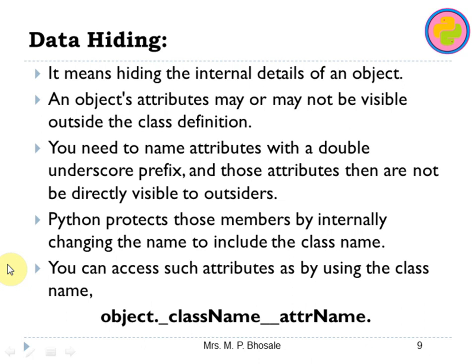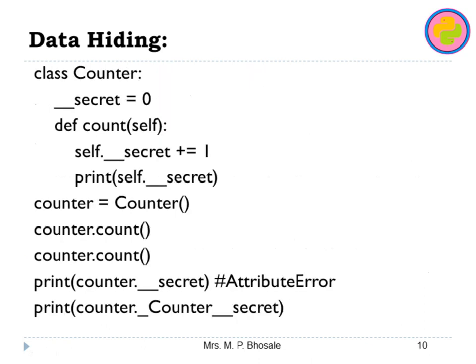So if you want to access it, and you are not a beginner, if you know Python in detail, you can access such an attribute by using the object name dot underscore class name underscore underscore attribute name. So we'll see an example for it. Suppose I have this Counter class and I have this secret variable, which is prefixed with 2 underscores and has the value 0. Suppose in the class method I am using this secret, incrementing its value and printing it. So at the time of object creation I can create the object of this Counter class and